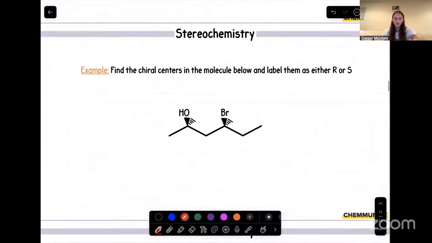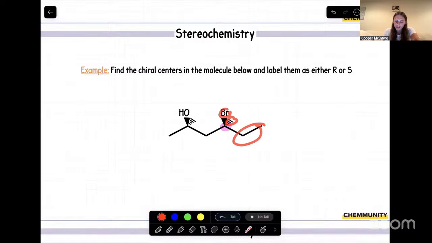Sweet. So yet again, for this molecule, we need to go through, find our chiral centers, and then from there assign priority. So looking at our molecule, we see that this carbon right here is chiral, as it has 4 different groups. I'll be more specific. We have a group here, here, bromine, and then this entire group coming off of that carbon. But let's look at this carbon more carefully.